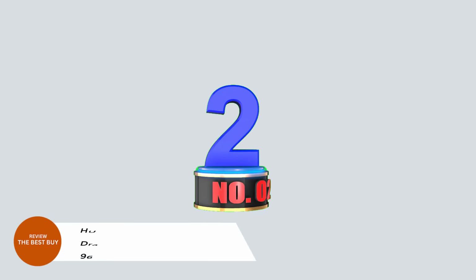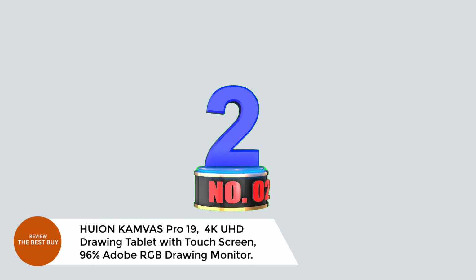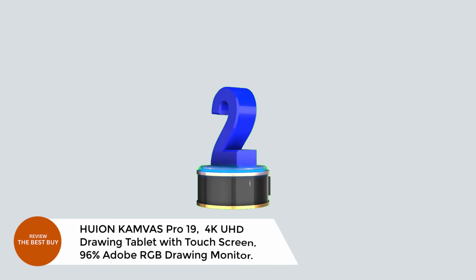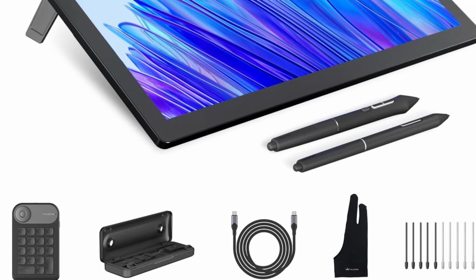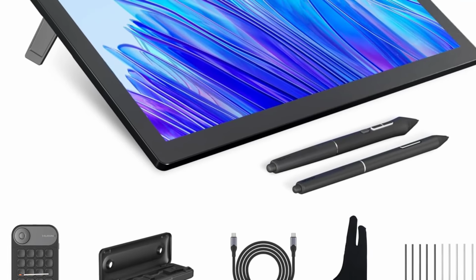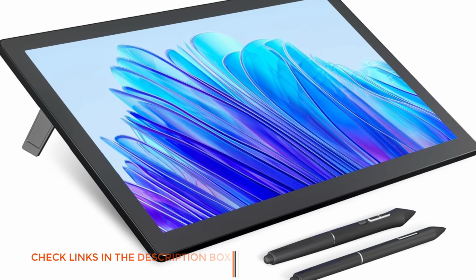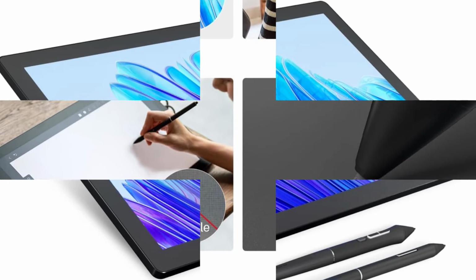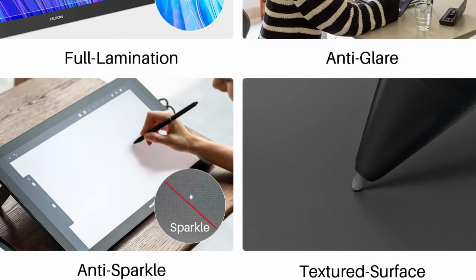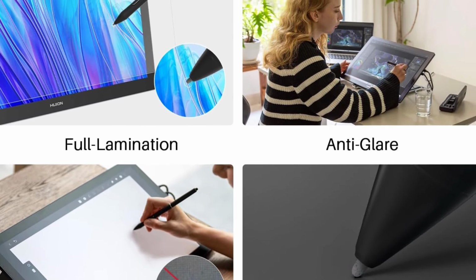Number 2. HUION KAMVAS Pro 19 4K UHD Drawing Tablet with Touchscreen, 96% Adobe RGB Drawing Monitor. Experience professional creativity like never before with the HUION KAMVAS Pro 19 4K UHD Drawing Tablet. This stunning 18.4-inch pen display features a crystal-clear 3840 x 2160 resolution, full lamination, and anti-glare etched glass for a